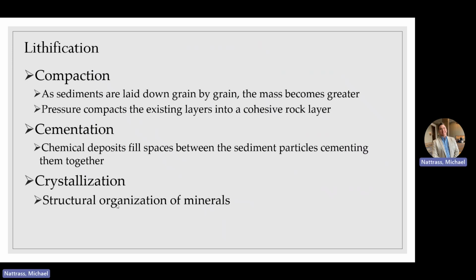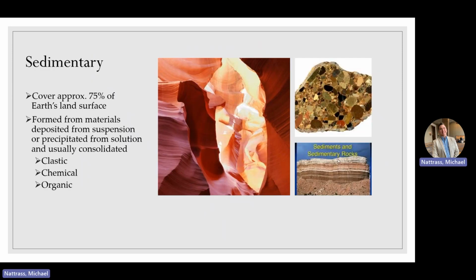Once they're all cemented together, there will be this crystallization of those minerals. Many of us have seen things like this out in the Midwest. It's just sediments. They're just laid down layer by layer by layer. And so you can start to see that it started out here, and that as we put more layers down, we had this sedimentation, and then finally those were cemented together, and they probably actually have a crystalline structure